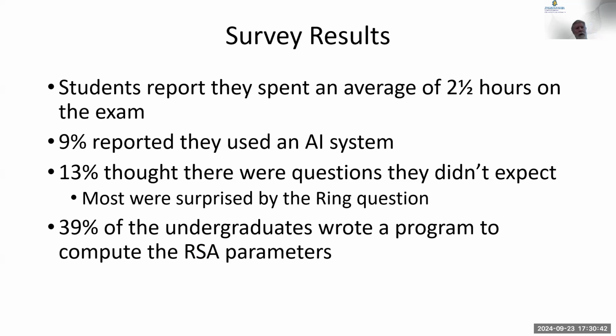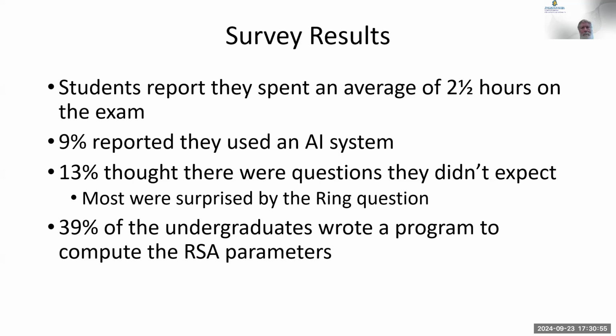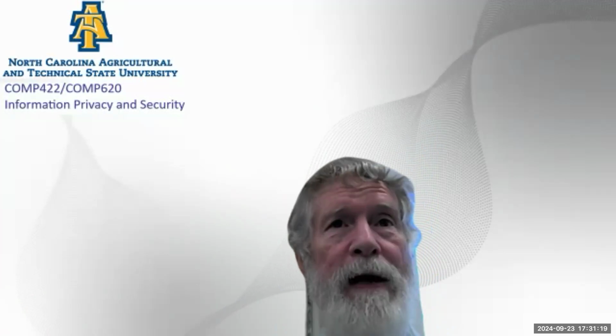Oh, I'm so cruel. It was harder, but then they had other questions that you didn't have. Undergraduates didn't see the time-based one-time password question. Okay, again, if you thought I was evil and cruel, well, possibly, I work at it. But let me know if you think I misgraded your exam. I will try in the future to not come up with questions where only 5% of you can answer. I truly did not expect that. I expected to have like 60, 80% of the people answer it quickly.